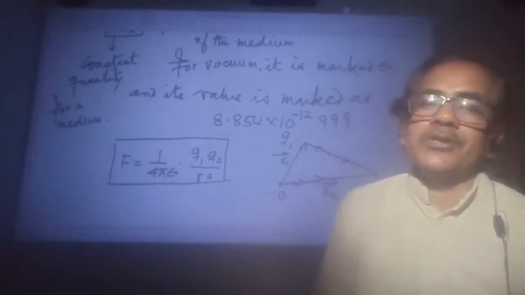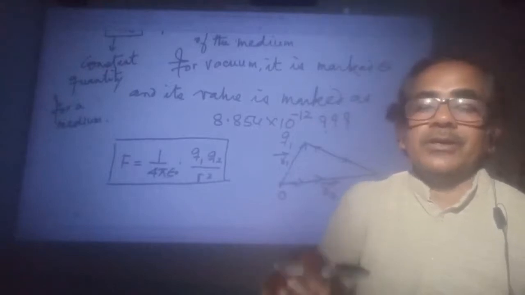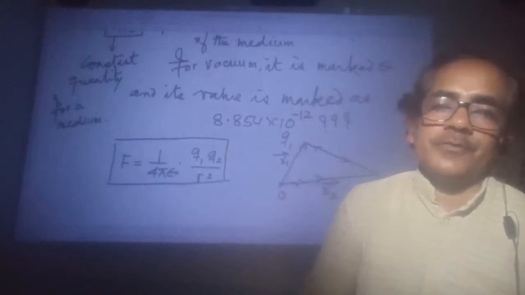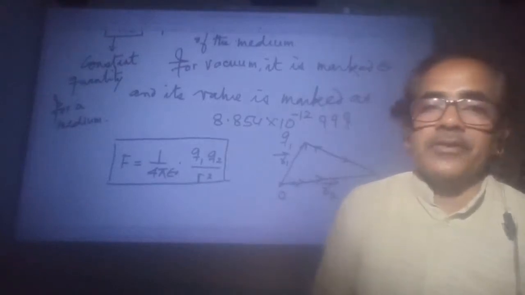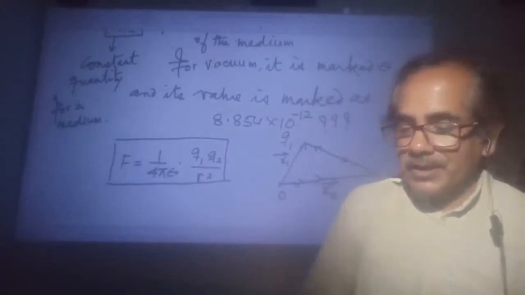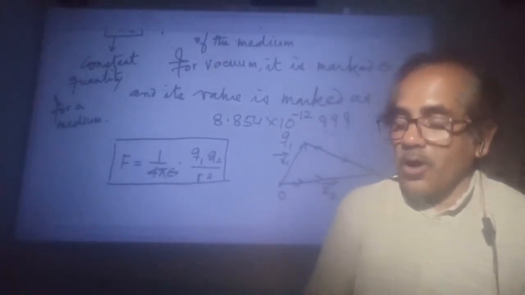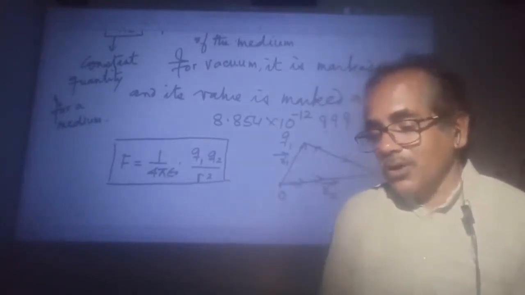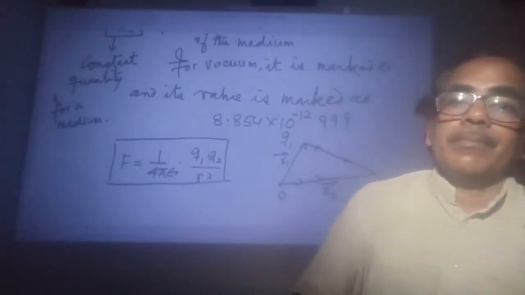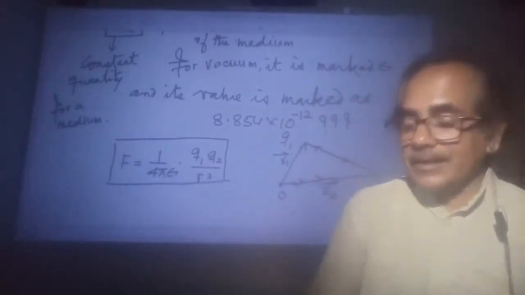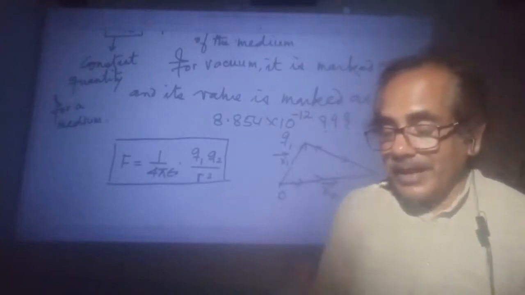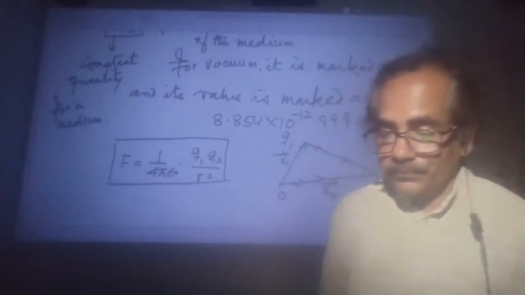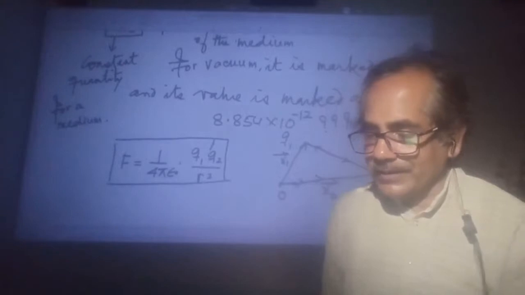We are considering point charges, so one line can pass through the two points. Along that line only will the line of action of the forces be. It is another thing, depending on the nature of the charges, whether the force will be from Q1 to Q2 or from Q2 to Q1. But one thing is a fact, that it will be on the line joining the two charges Q1 and Q2. So let us consider a unit vector